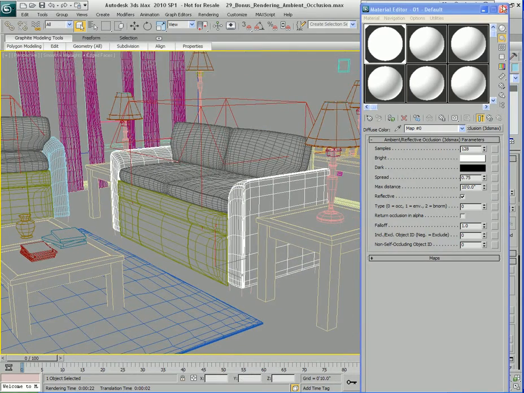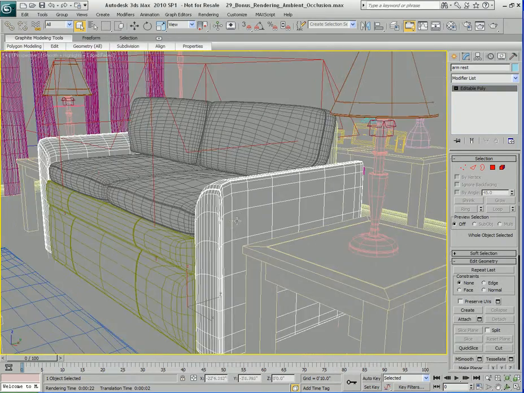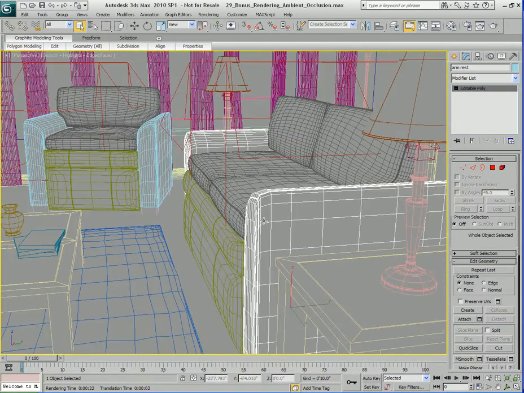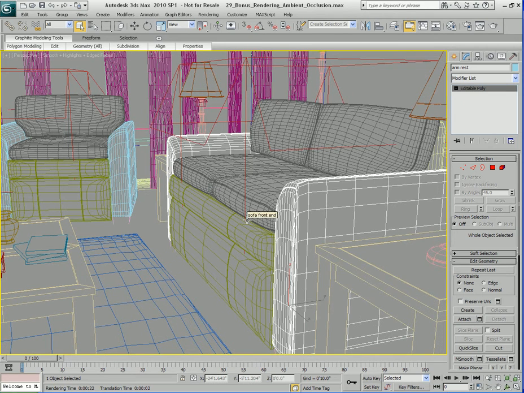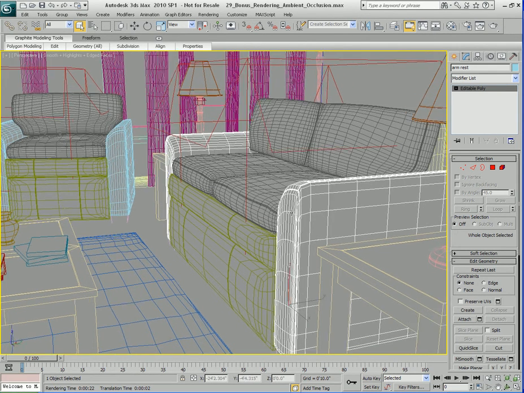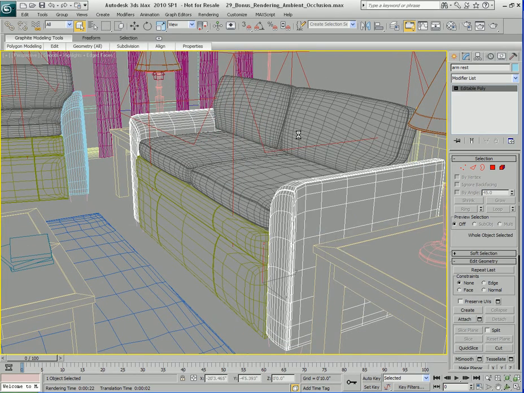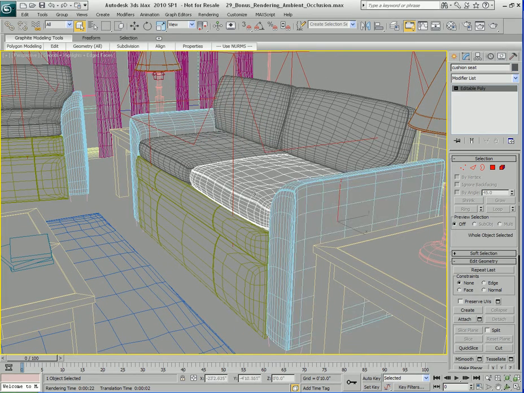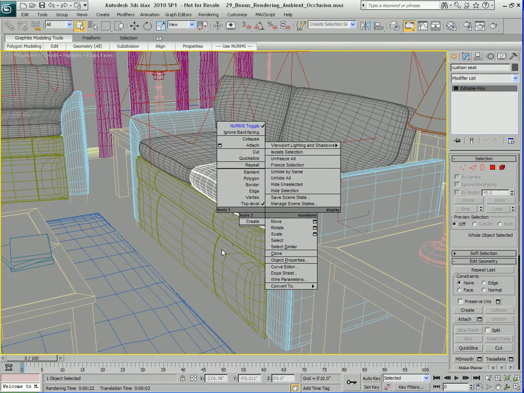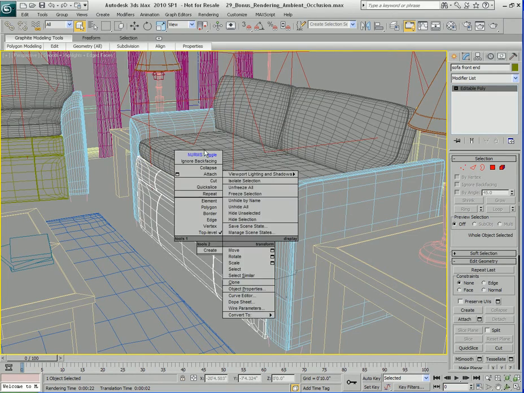Last but not least, what I'm going to also do is turn on my NURBS toggle. Since we're not doing any more modeling, we're finished with modeling with this project, with this tutorial series. We don't need to model anything else. So let's go ahead and turn on our NURBS toggle for all the objects that need it. The cushions already have NURBS toggle turned on. So I'm going to turn on NURBS toggle for that,